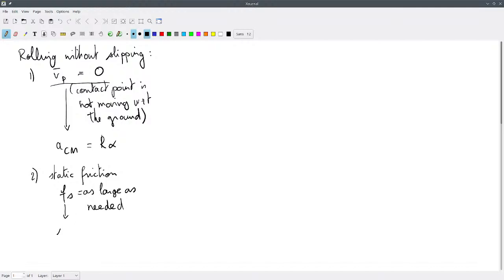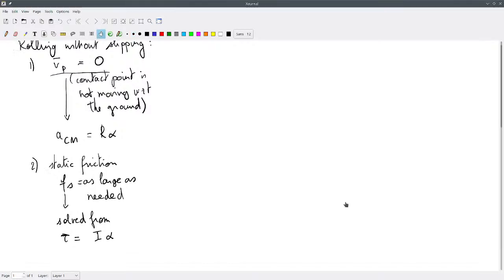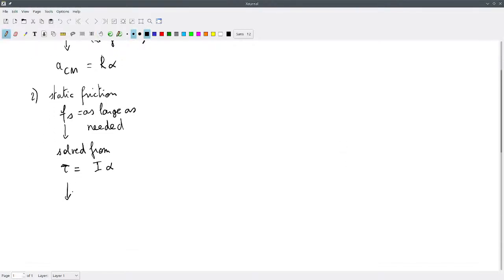And this one we solved from the angular equation, Newton's second law equations. We solved this from tau, the torque, which is caused only by the force of friction. So that was I times the angular acceleration. And if we put all of that together, then we found that